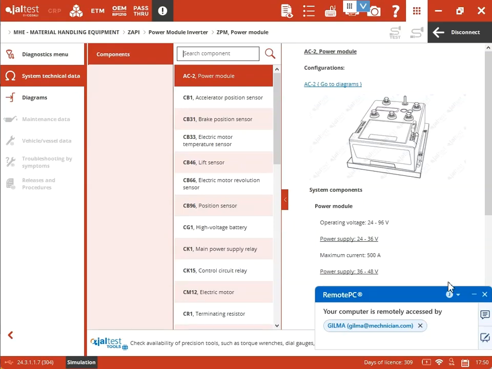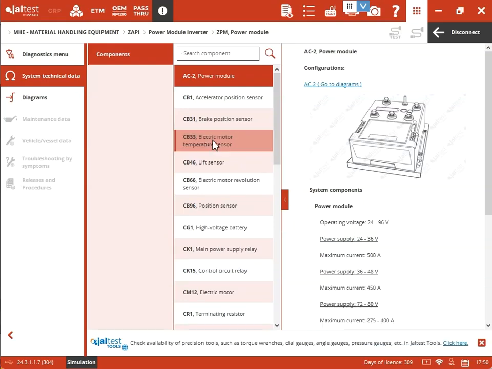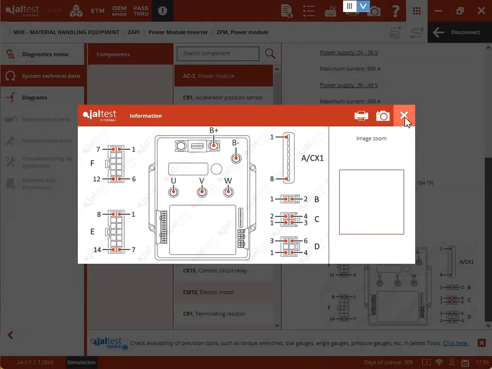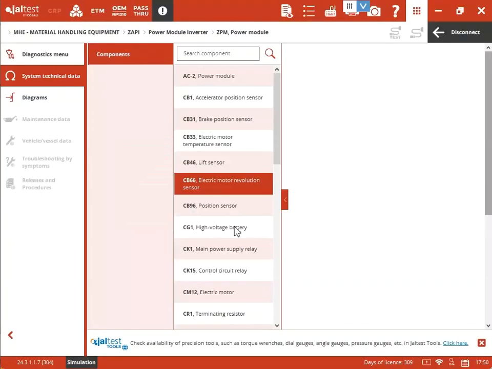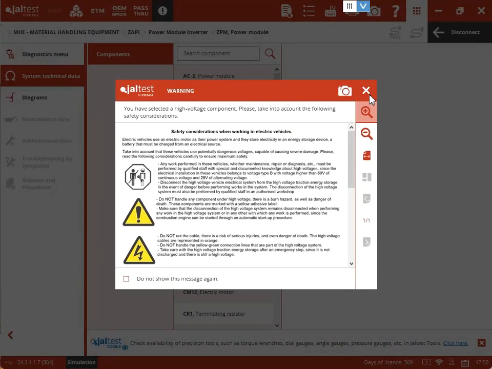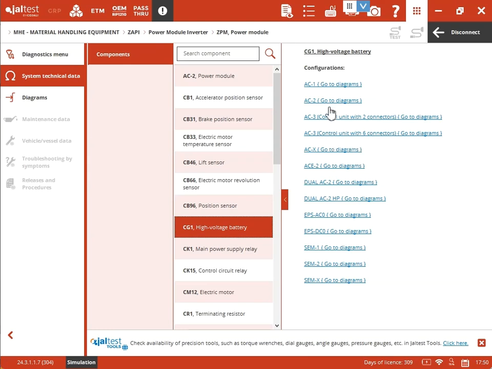This is inside the SAPI controller example that I selected, and you can see the technical data. So here's a picture of the power model, the pinouts right there. You can zoom on those. Then you can select any sensor and it will take you to the wiring diagram information, and also like this